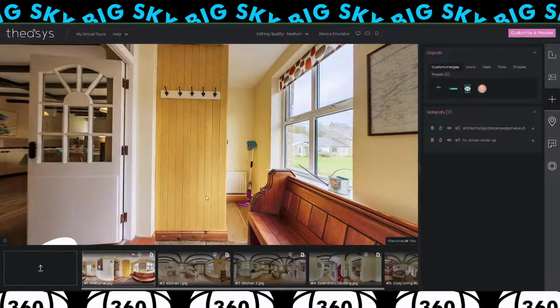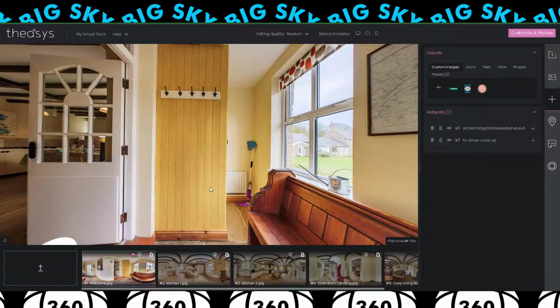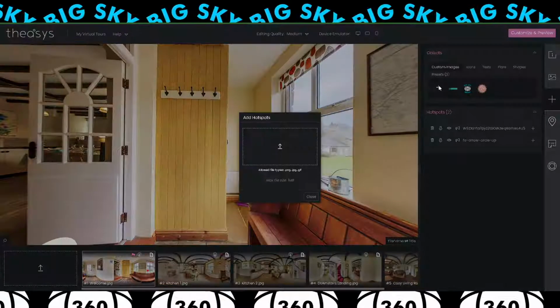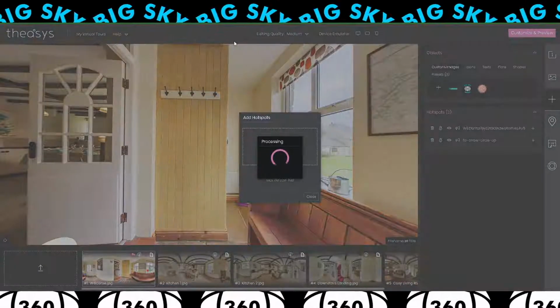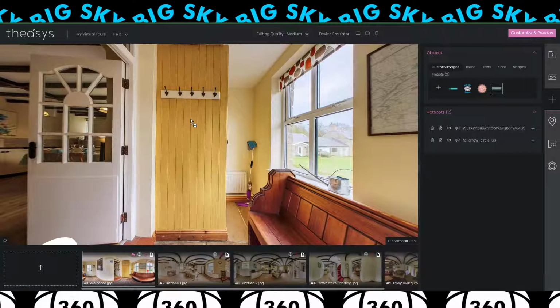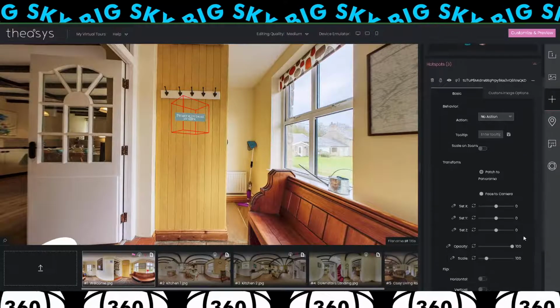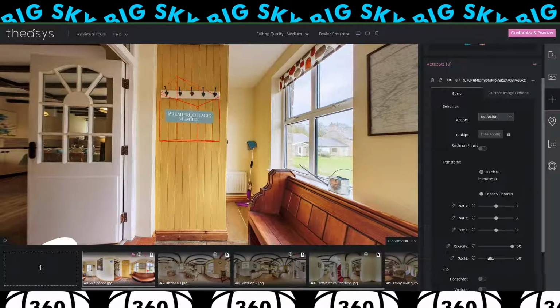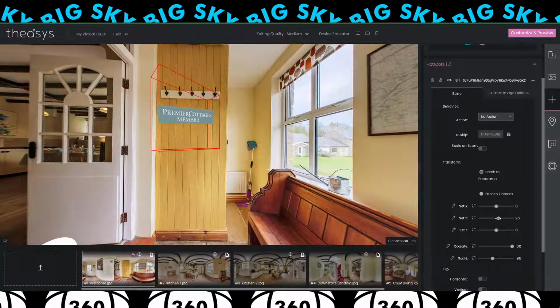So we've created our hotspots, we've created everything. What we also want to do is add another image, which will just give a little bit of value. So I'm going to add that to here. I've just uploaded that image. I just want to make that a little bit bigger, because what I want to do is create an info panel. And the way we create an info panel is